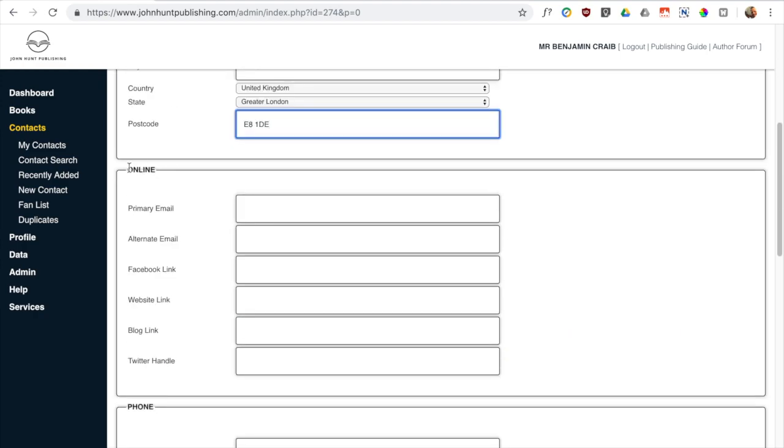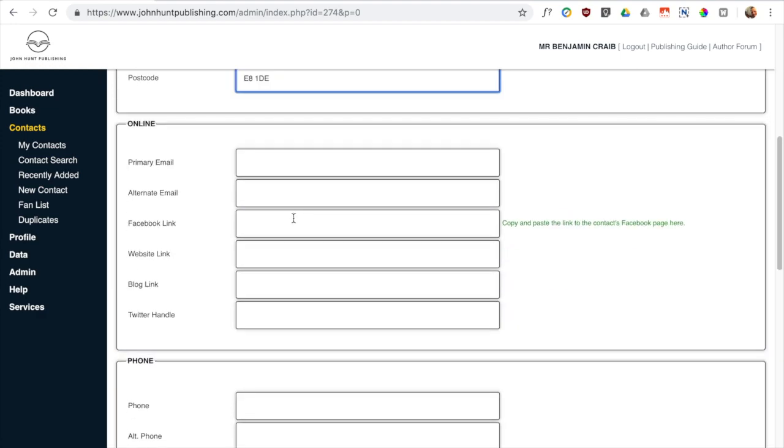You'll scroll down to the next set of data you need to add, which is online data. Now you see you've got primary email, alternate email, Facebook link, website link, blog link, Twitter handle. The most important of these are definitely the primary email and the website link. Primary email being editor@paganreview.co.uk, and then I'm going to put www.paganreview.co.uk